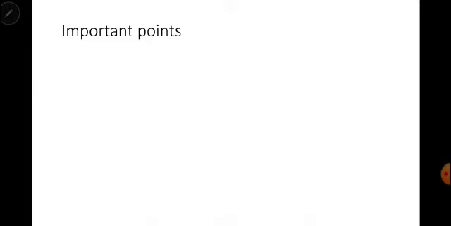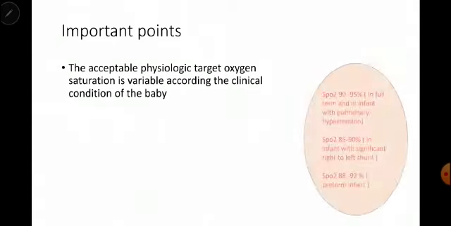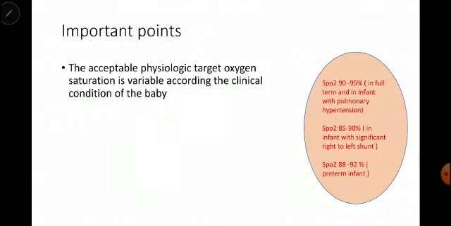We'll start our lecture by talking about some important points about the oxygenation of the baby. The first point is the acceptable physiological target oxygen saturation, which is not the same for all babies, but is variable according to the clinical condition of the baby. So the accepted SAT is between 90 to 95% in full-term babies and in babies with pulmonary hypertension. But it's between 85 to 90%